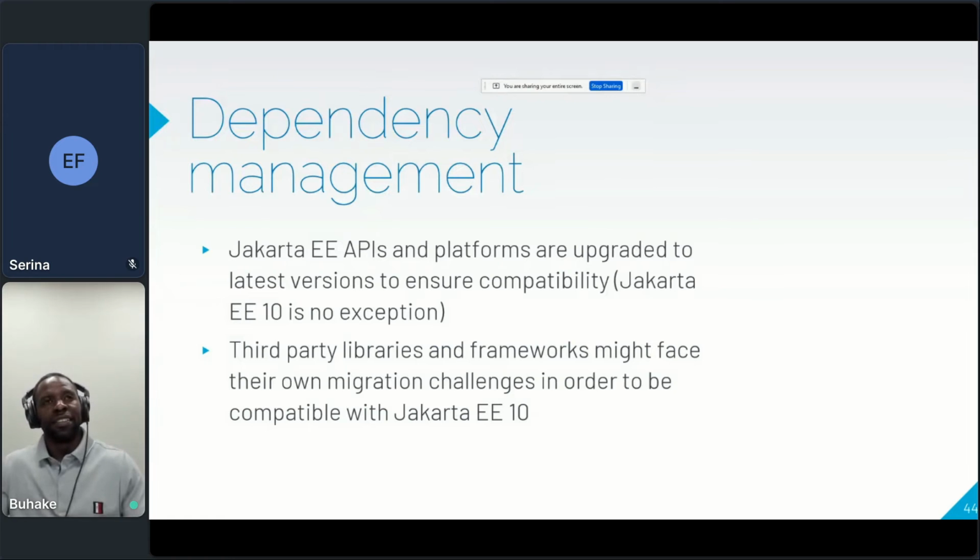Sometimes there are things that are out of your control, but there is a solution to it, which I'll explain later, like Eclipse Transformer, which can go into your dependencies and dynamically change your imports or your packages to be Jakarta EE compliant.